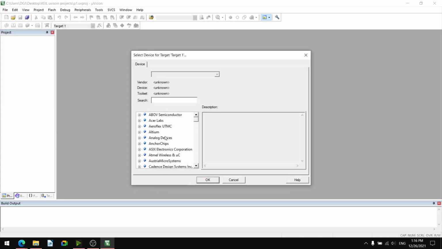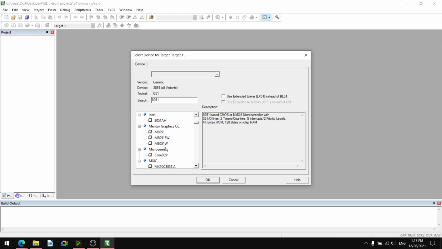I will save this into the Keil Microvision project folder on the desktop. As soon as I save it, it will ask for the microcontroller, so 8051. We have to select one of them. There are many microcontrollers available in this. Let us check, suppose Generic or Intel. Many others are there: 8051, 8031, 8051F22, 8051F21.